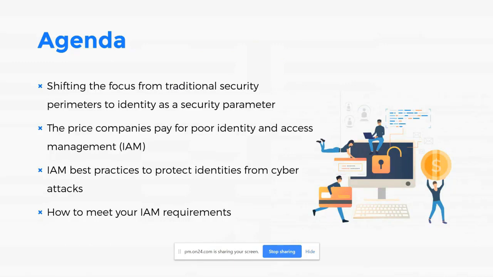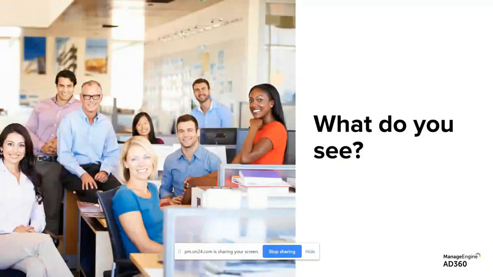I'm pretty sure a lot of you joining today are IAM leaders, and by the end of this presentation you will have a great number of reasons to convince your board to do an overhaul of your identity access management strategy. When you look at things as they are, it seems quite straightforward. It seems like an absolutely happy organization. Everybody seems to be having a good time. But at the end of the day, things aren't the way they seem. As we speak, there could be an attacker lurking in your organization.